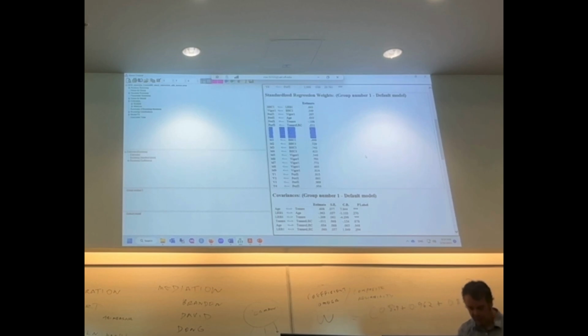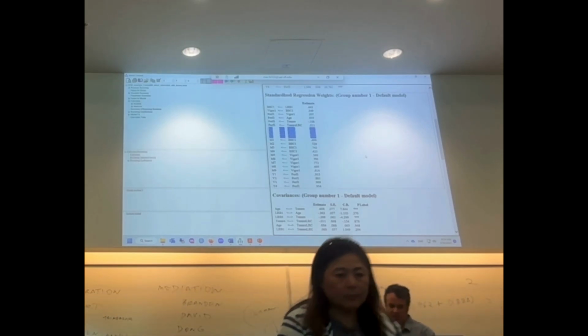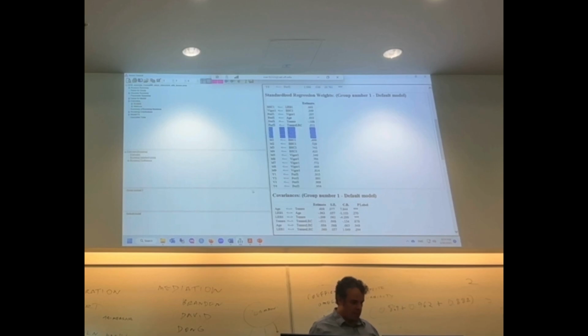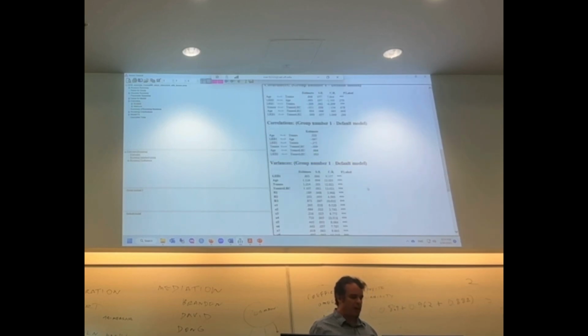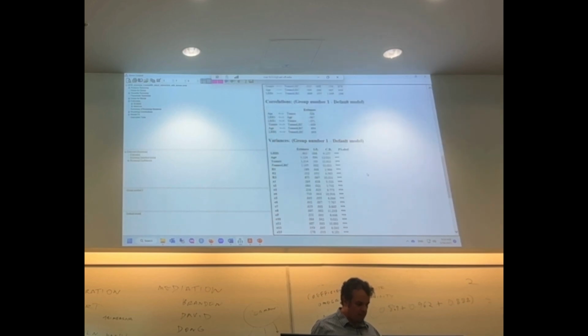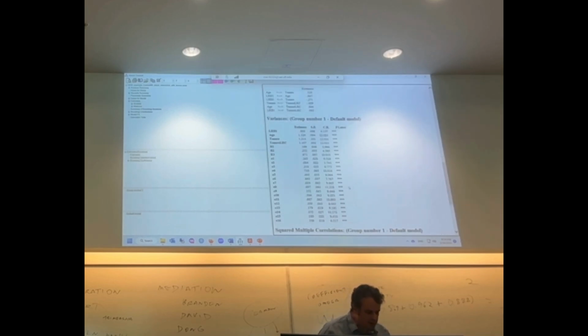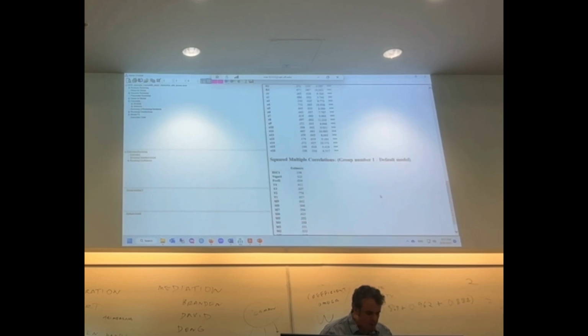Okay, that is 7.38. So 7.38 divided by 7.38 plus the sum of the error variances. Now, my error variance is 1 minus R squared. Double check if they're standardized. It's like probably just do 1 minus R squared. Let's see. This one,